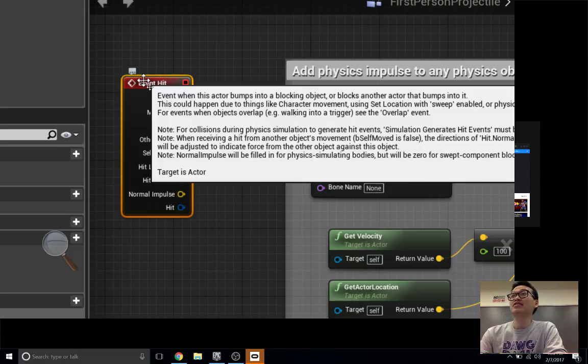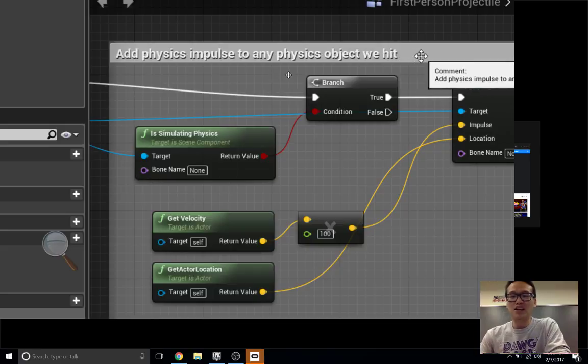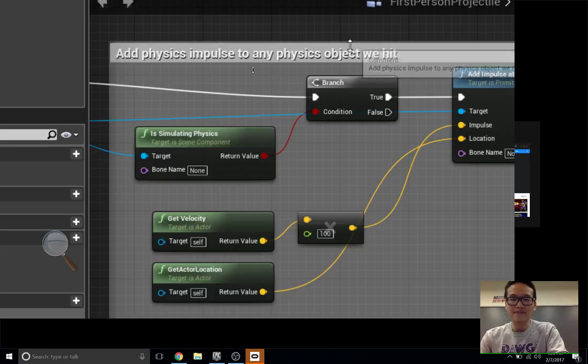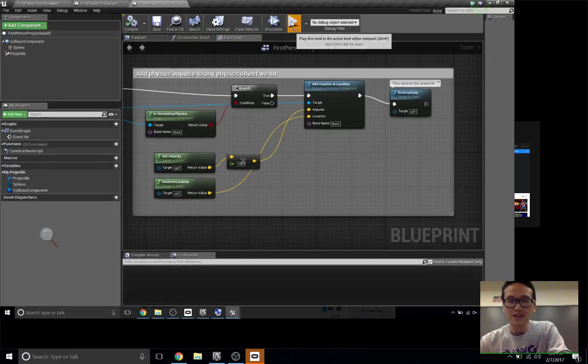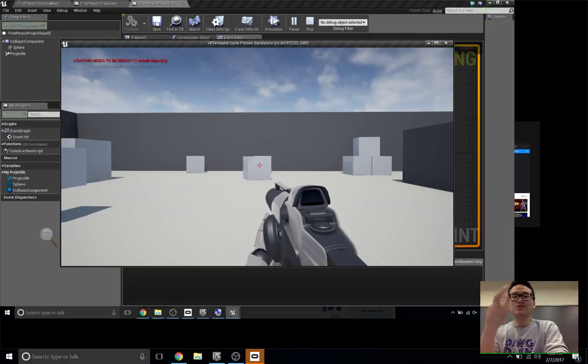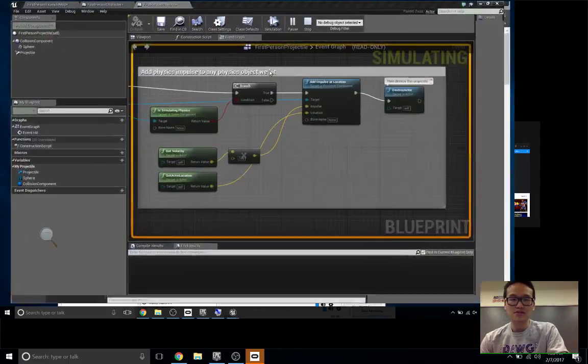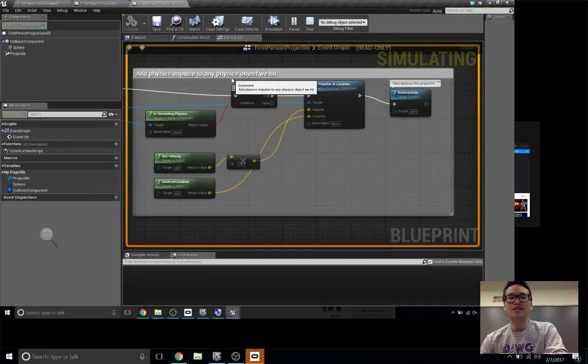So this is where it hits something. They will add a physics impulse when a physics object is hit. So in the game, when we play and shoot, this cube gets knocked over. That's when this code is running, applying the impulse to any physics object that we hit.